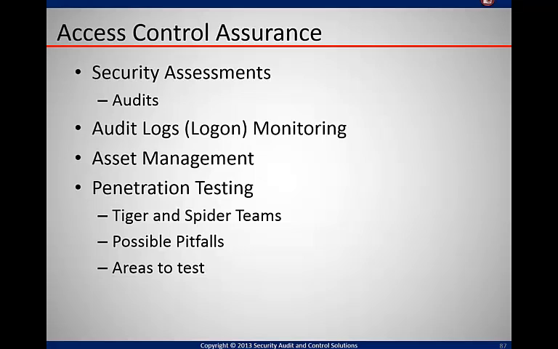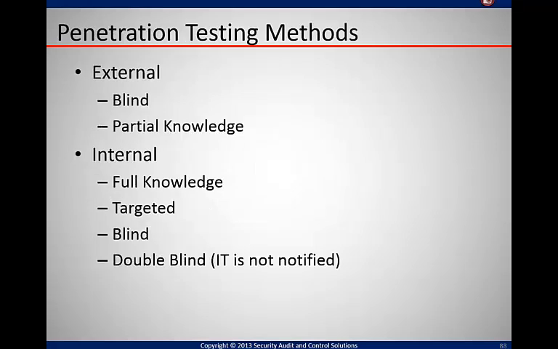management that you actually do. You can look at your persistent threat analysis and see where you actually have to look. But in real terms, you have to look at everything, but you can start by looking at the high risks in your organization. We can do external testing, blind and partial knowledge. Blind meaning I don't have any information on your organization, and partial knowledge, I can actually get some information on your systems. Internal, we can have full knowledge,